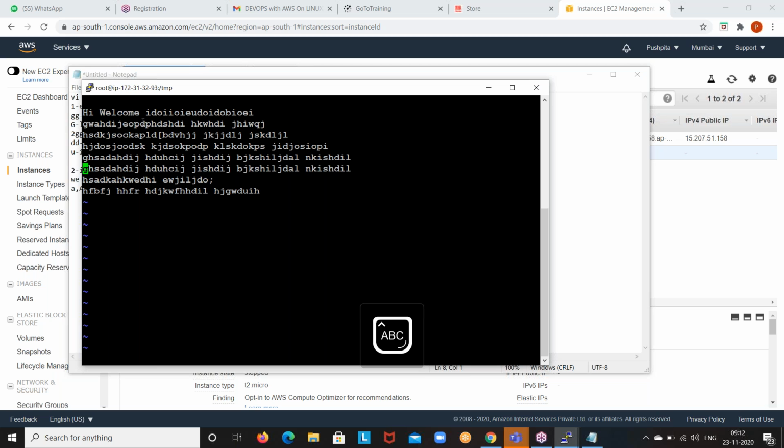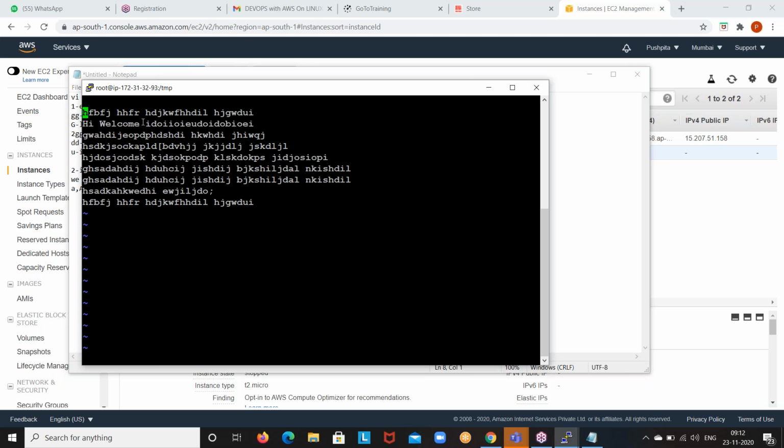Example, the last line I want to copy and paste in the first line. Go to the last line, capital G. Do YY. You pressed a small i, so you are in insert mode. Press escape. Now do YY. Now for the first line, GG and P. See guys, the line is copied.